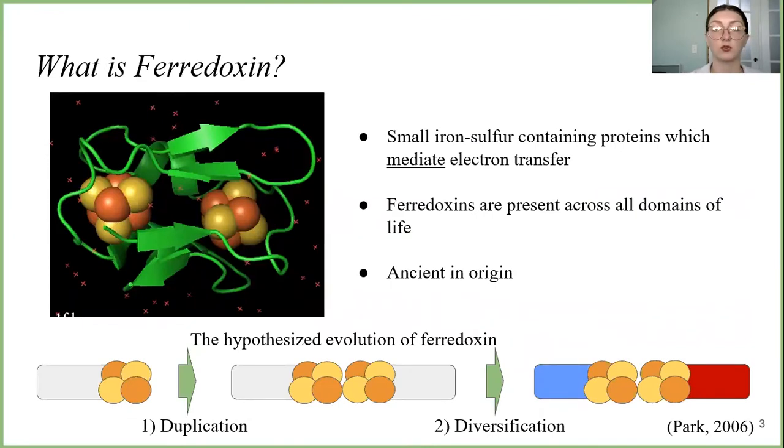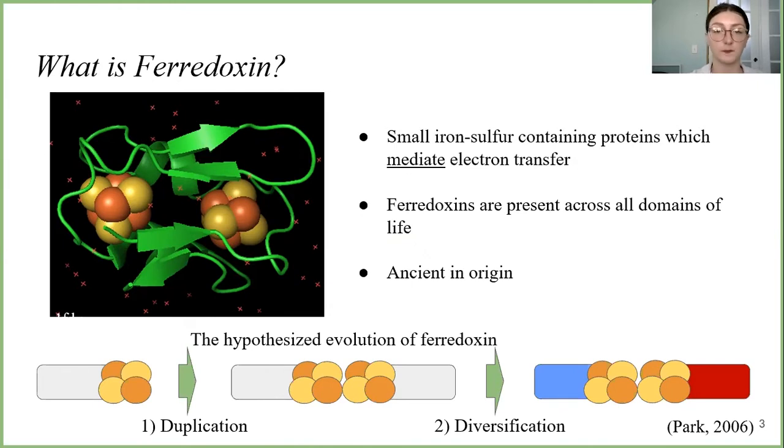Ferredoxins function using a critical iron-sulfur cluster. Life originated on Earth when the level of oxygen was limited to completely absent, which permitted metals, including iron, to exist as soluble compounds in the ocean, such as these iron-sulfur clusters, which really could have formed spontaneously. Also supporting the antiquity of ferredoxin is that the ferredoxin binding fold is highly evolvable, derived from the low hydrogen bond energy per residue. This, along with the fact that ferredoxins are also ubiquitous to all life, supports that ferredoxin